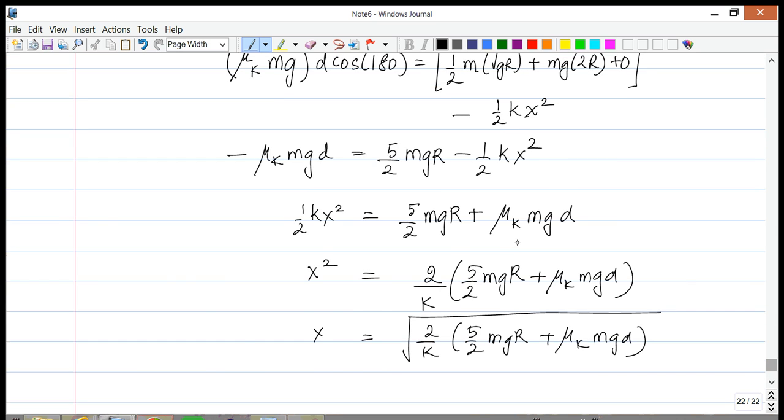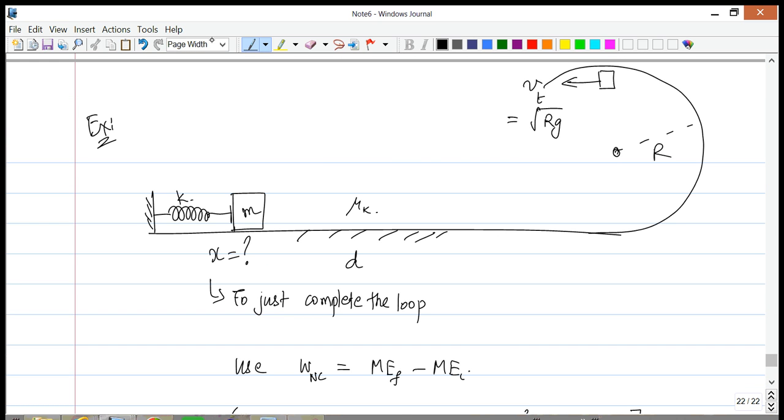If you wanted to, on the other hand, you could have first found the speed at the bottom. First find this, so let's just call it some v2. Then we could find the speed, say just before it enters the rough patch, so it's v1, and then by doing mechanical energy conservation we could find x by knowing that 1/2 kx squared is equal to 1/2 mv1 squared. Then for the rough patch we would have an equation that says that 1/2 mv2 squared minus 1/2 mv1 squared is equal to negative mu k mg d,